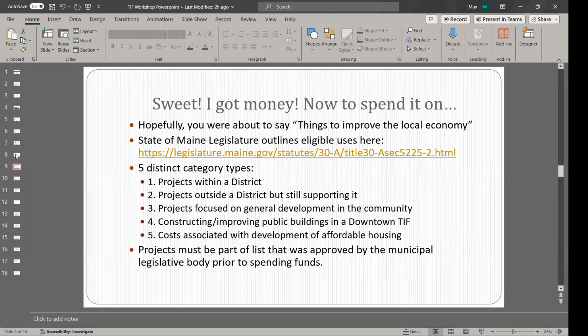While the state does outline the different projects that you can use this for, any town that creates a TIF program must also have the residents approve what those projects would be ahead of time. So you kind of have to include in your program, well, I want the TIF money to go towards sidewalk extension or a utility extension. Well, that's great. That's something that helps some economic development, but if it's not something your town approved ahead of time when you were creating this TIF program, then that's something you can't do just yet. You have to have a town vote to approve that project prior to spending the money on this project.